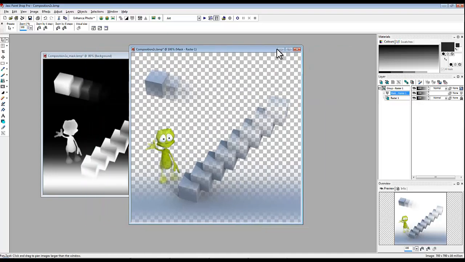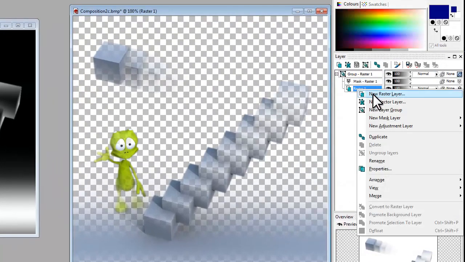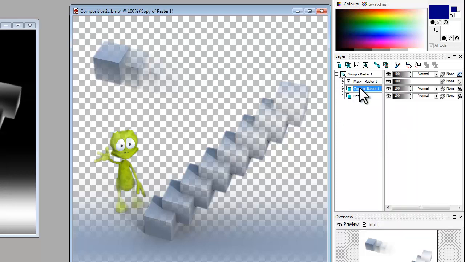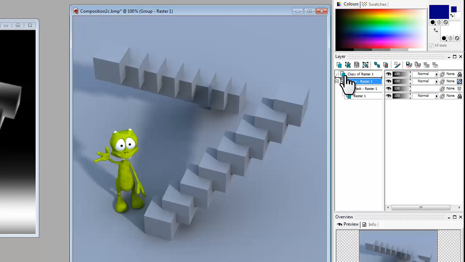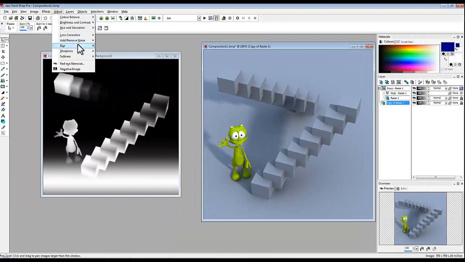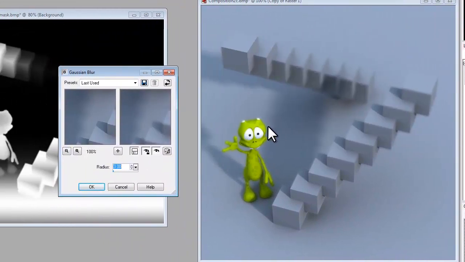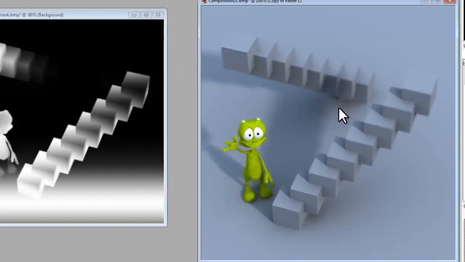Now if I look in the, I'll bring this over to where the layers are here. That's my main image. So if I go and copy this image, so I'd just duplicate and then drag it past this main group, and then drag the group over the top of it, then select this background image now and do effects, no, adjust blur and Gaussian blur, and then I can choose the level of blur. You can see that we're blurring parts of this image and not other parts because the other bit's sharp and laid over the top. So I go OK like that, and so we've got a nice soft blur here,